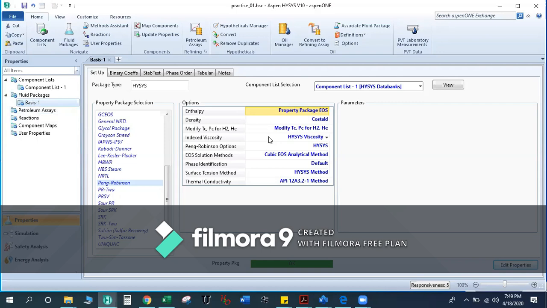Now these are all a little bit advanced, so stop here. We have added only one component list and we have taken one fluid package.